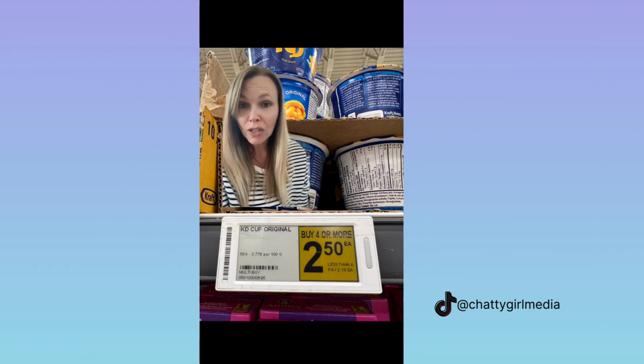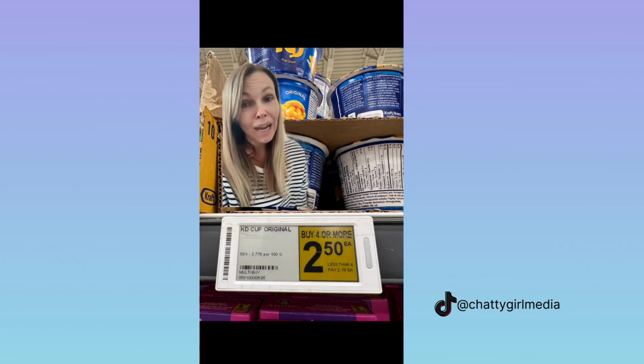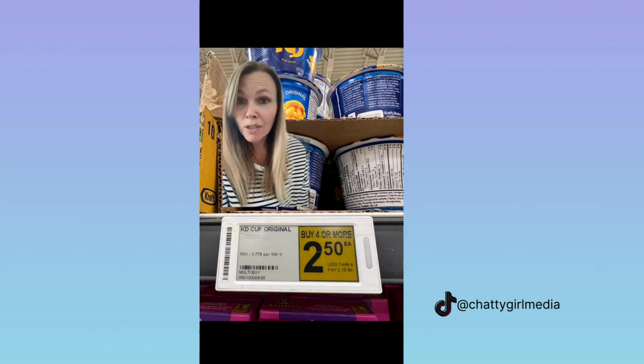So if you take a look, if I buy 4 or more, I'm going to get the sale price of $2.50 each. But if I buy 1, it would have been $2.19. Having worked in a grocery store as my first job, it's something I always pay attention to, but I'm sure a lot of people would not have even noticed this. So I wanted to share so that you're not getting ripped off at your